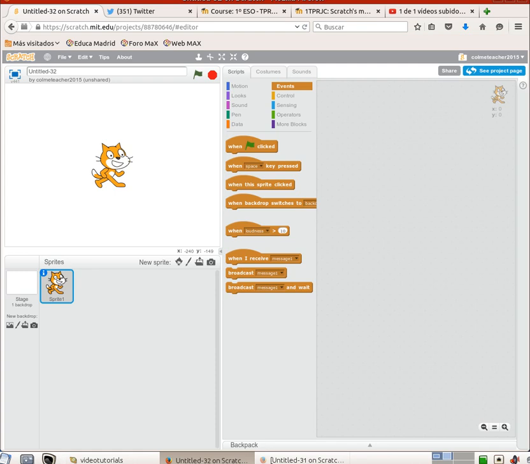Hello, in this video tutorial we are going to guide our cat through different backdrops. We're going to select 3 of them so the cat can go back and forth between them, doing a kind of horizontal scrolling. So we are going to move the cat with the keyboard as we did in the previous